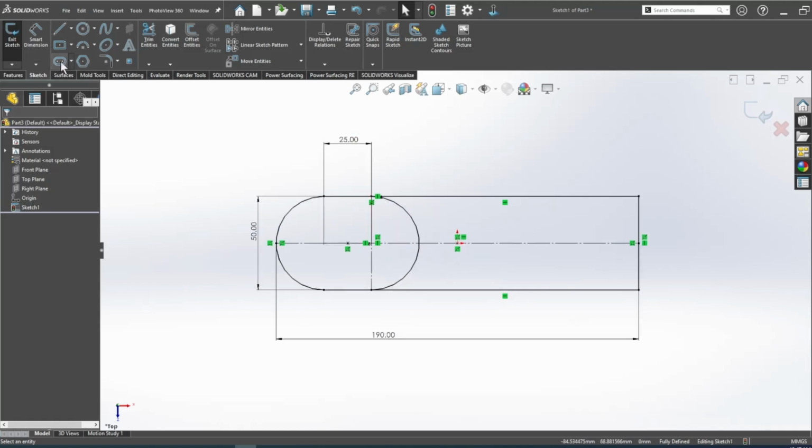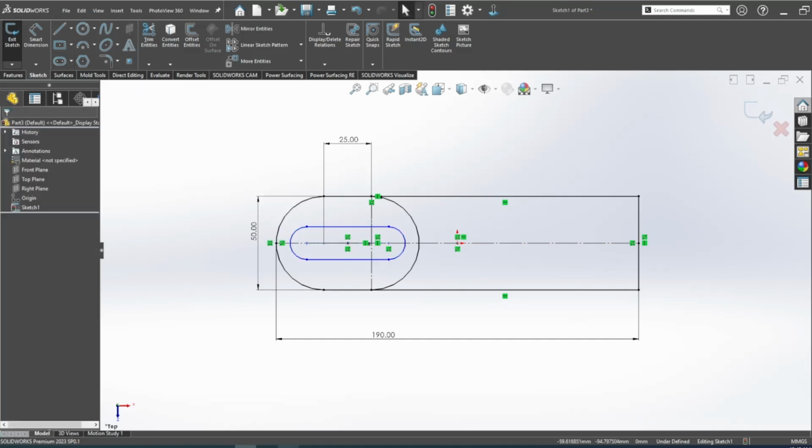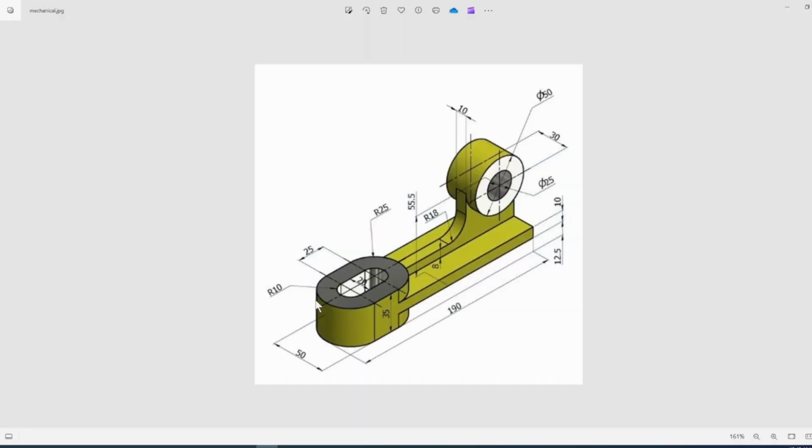Go to slot again, center slot from here to here. Okay, select. Okay, this is the 10, radius 10. Okay,